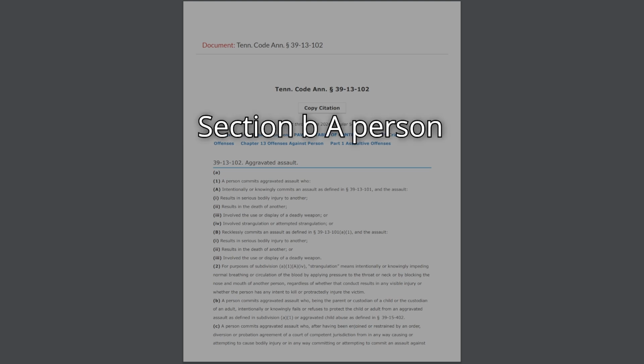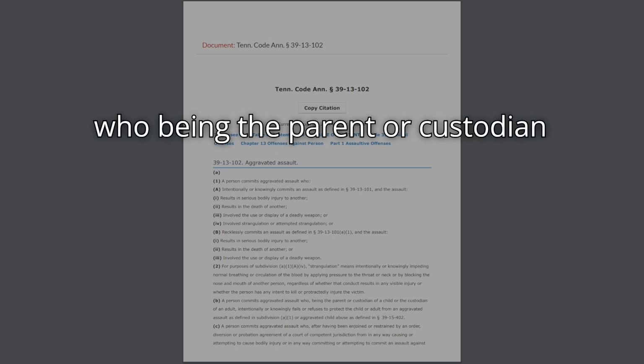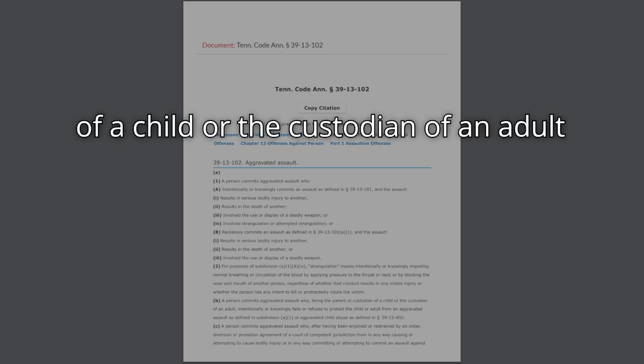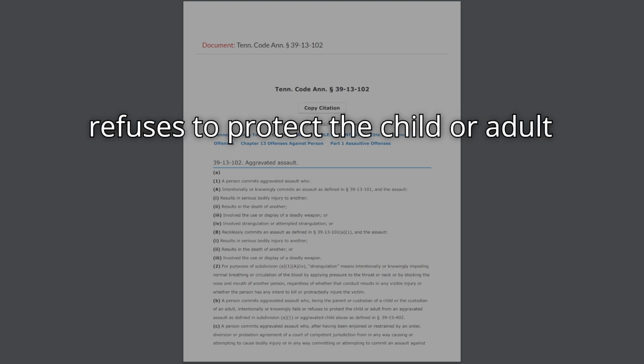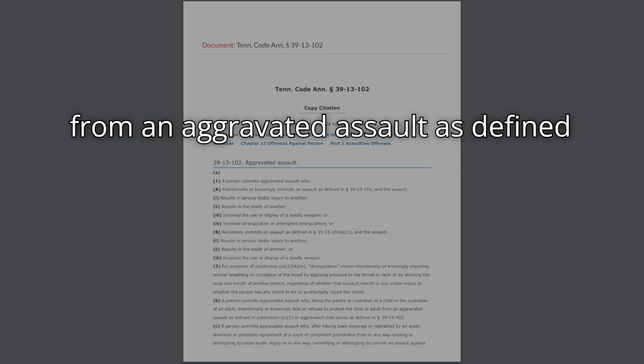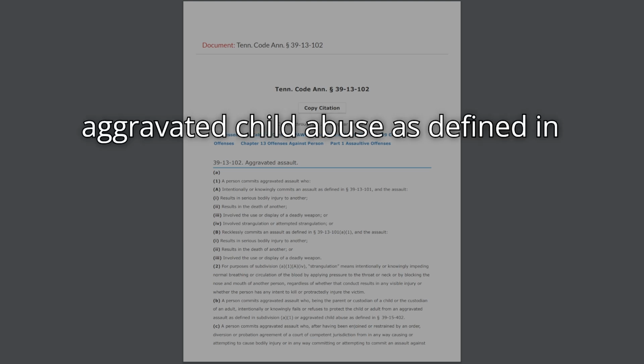Section B. A person commits aggravated assault who, being the parent or custodian of a child or the custodian of an adult, intentionally or knowingly fails or refuses to protect the child or adult from an aggravated assault as defined in subdivision A(1), or aggravated child abuse as defined in section